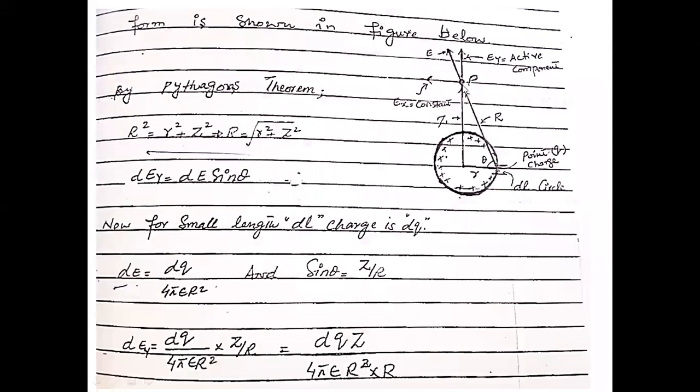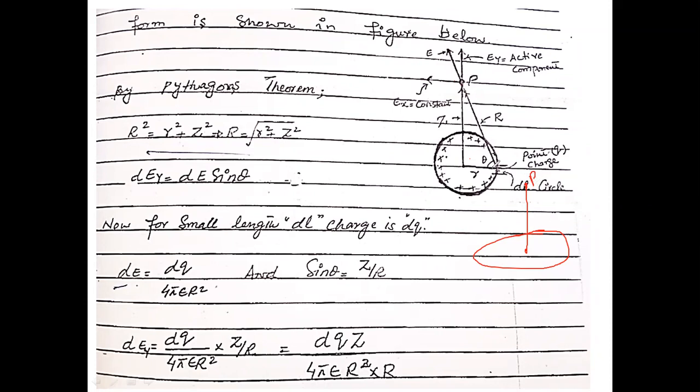This is the point of observation, and it is centered on top. If you see the side view, it will look like this. This is the centered top, this is the point of observation, and this is the ring shape. So this is the side view, and this is the top. Now this point of observation acts as a test charge. These are the source charges. Here we will have a right angle triangle as well.